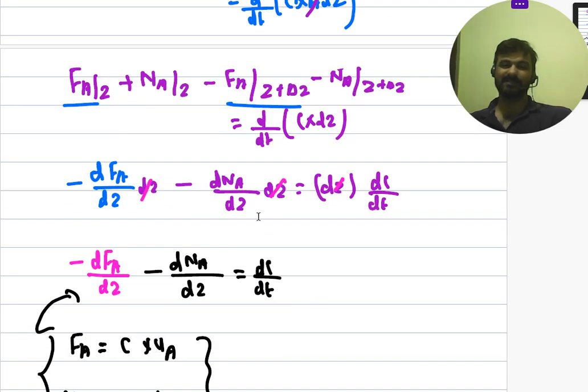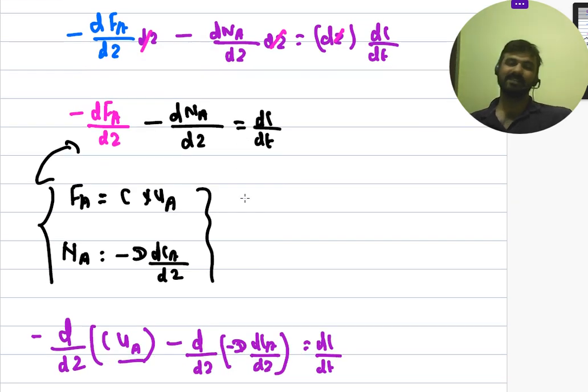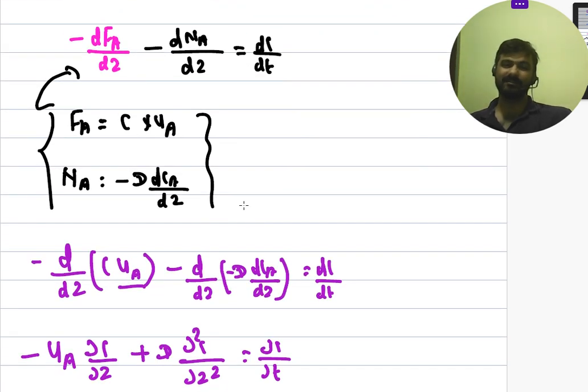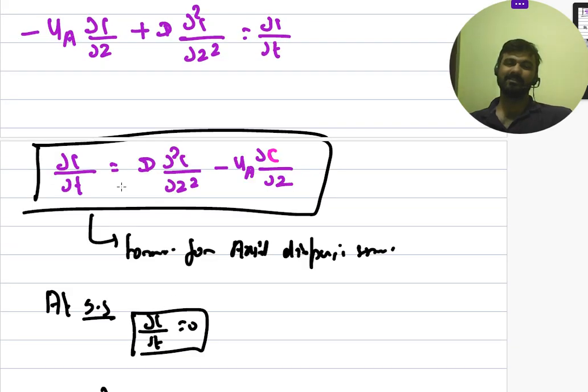Once you do this mathematical expression, you will get dF_A by dZ minus d by dZ of N_A equals dC by dt. Okay, so F_A can be written as C_A into U, and N_A can be written as D, the diffusivity of the tracer or any molecules, and dC_A by dZ. So once you do this expression, finally you will get a partial differential equation of the second order. At an unsteady state condition, del C by del t is equal to D del 2 C by del x square